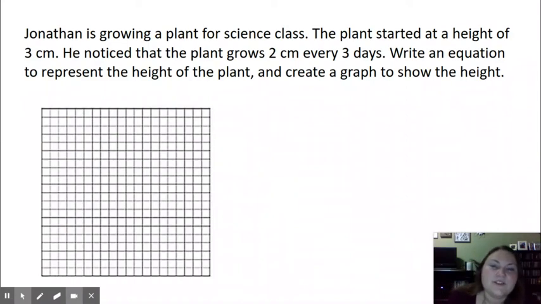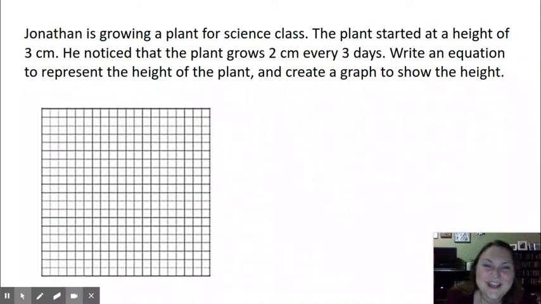All right. So when we go to write our equation, it's going to need to include the 2 important things. We want to include somewhere in that equation that it's starting off at 3 centimeters. That's our starting point. And then we also want to include this part about the plant grows 2 centimeters every 3 days. Now, the information they're giving me there is a little different than the last problem where it was